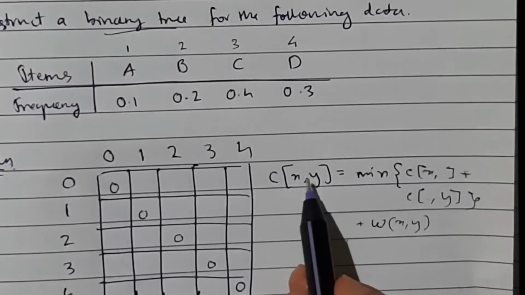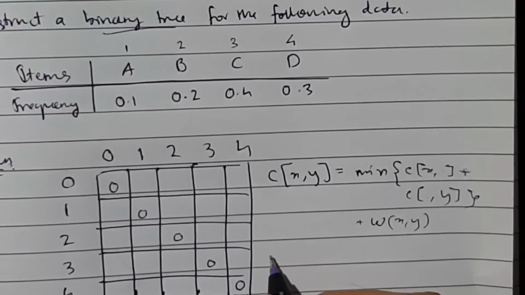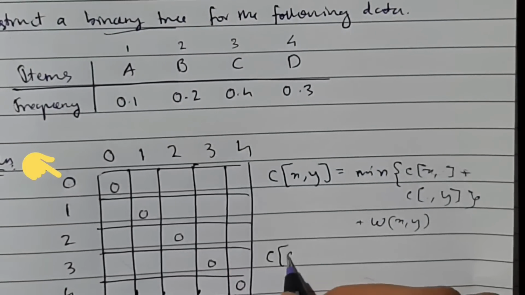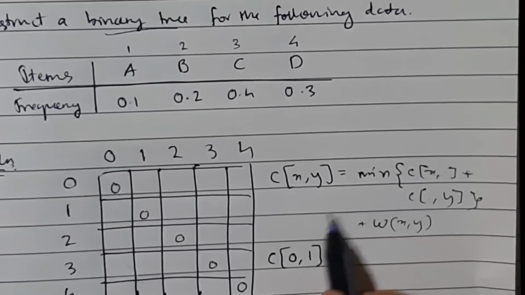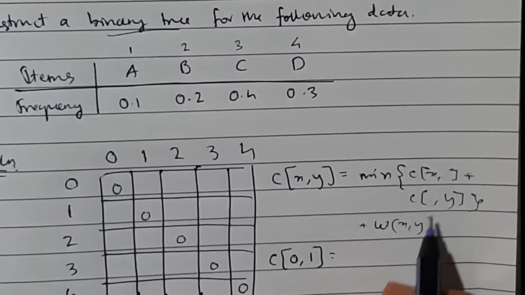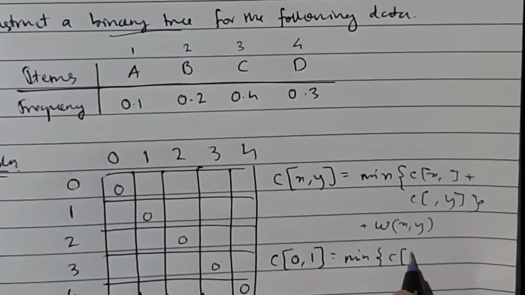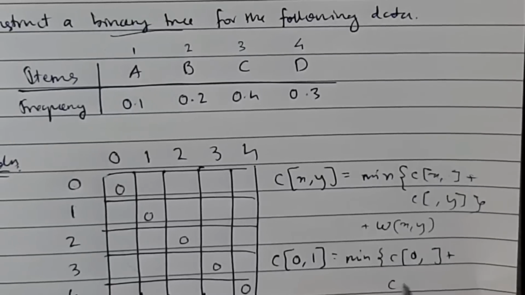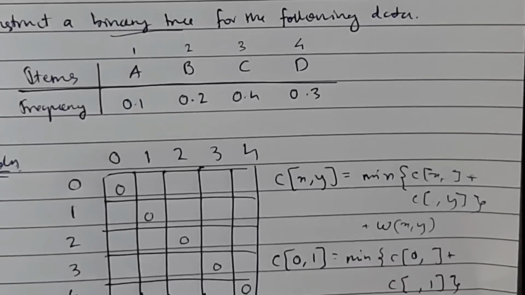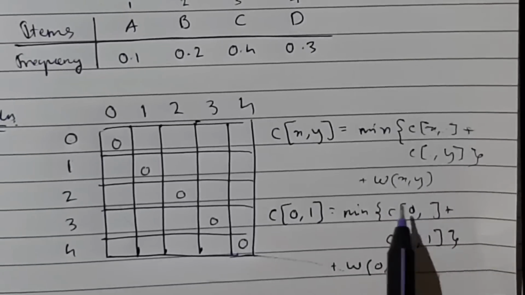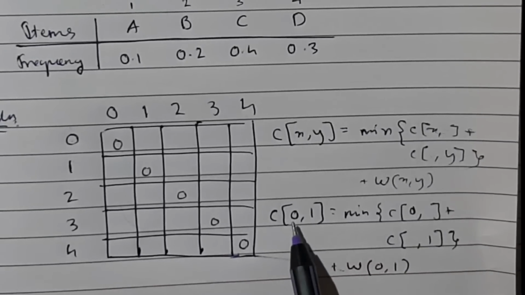I'll be telling you what are all these variables being represented for. So initially we'll take the example of 0 and 1. So first we have to find out the cost of 0 and 1, okay. So in this case x is 0, y is 1, all right. Then we'll be filling the values accordingly in this formula, okay. So it will be minimum C of 0 comma something plus C of something comma 1, okay, plus weight of x and y. What is x and y? It's 0 and 1, okay. Now what are the values we are filling here? That we will be finding out. See here we have to find out the cost of 0 and 1.